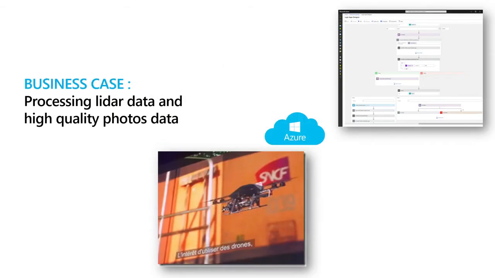Now let's move to a real business case and what we are doing. Here we are processing the LIDAR data, and by the way, what is LIDAR? LIDAR is special equipment which sends about 1,000 million laser points in 1 second, and based on the reflection of this laser point from the real object, it gets the information about where this point is situated in the area, for example within 2 meters.